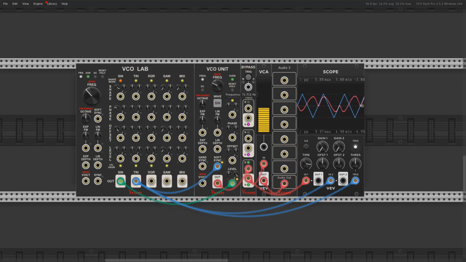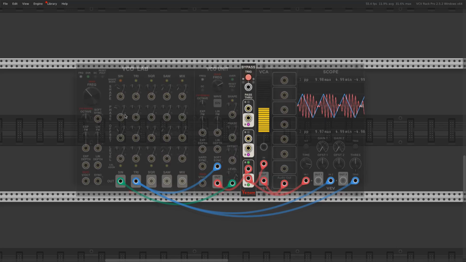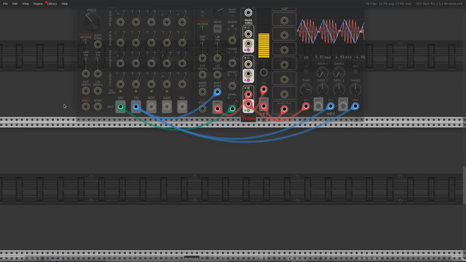So, okay, those are all the features. Those are the main new features that I implemented for version 2.11.1. There's one more thing I want to talk about, kind of esoteric usage of VCO Lab and VCO unit, especially VCO Lab,